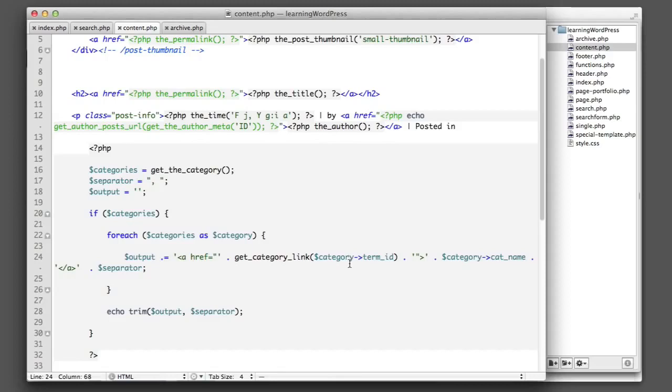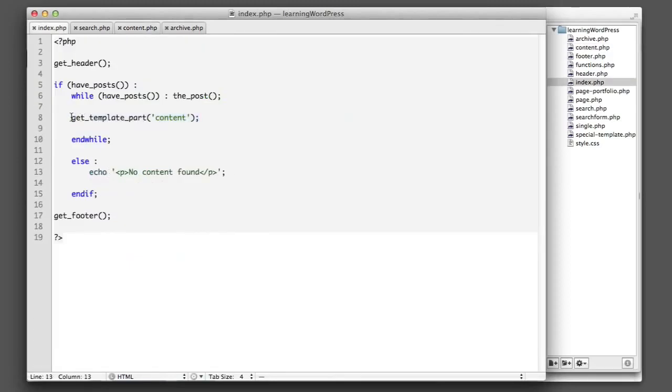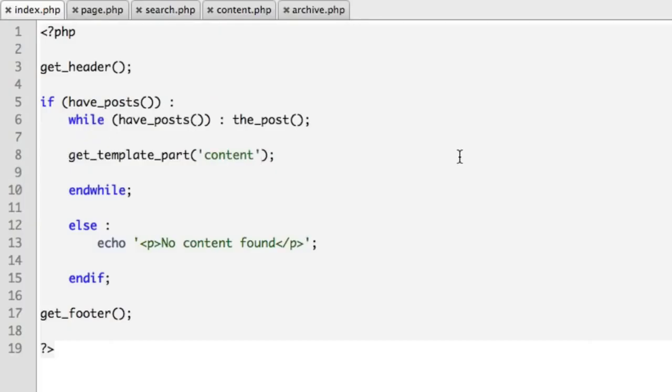Now before we close out this lesson, you'll remember that earlier I mentioned that this function, getTemplatePart, accepts 2 parameters, not just 1. Now obviously in this lesson, we've only seen the first parameter in use. The first parameter is required. That's the slug. And it's the base file name that WordPress will look for. So this code, like we've said before, will make WordPress look for content.php in our theme folder. Now the second parameter that's optional allows you to specify a more particular name. So if I say home or single or page, but let's put it back to home, WordPress will now try to include or require a file named